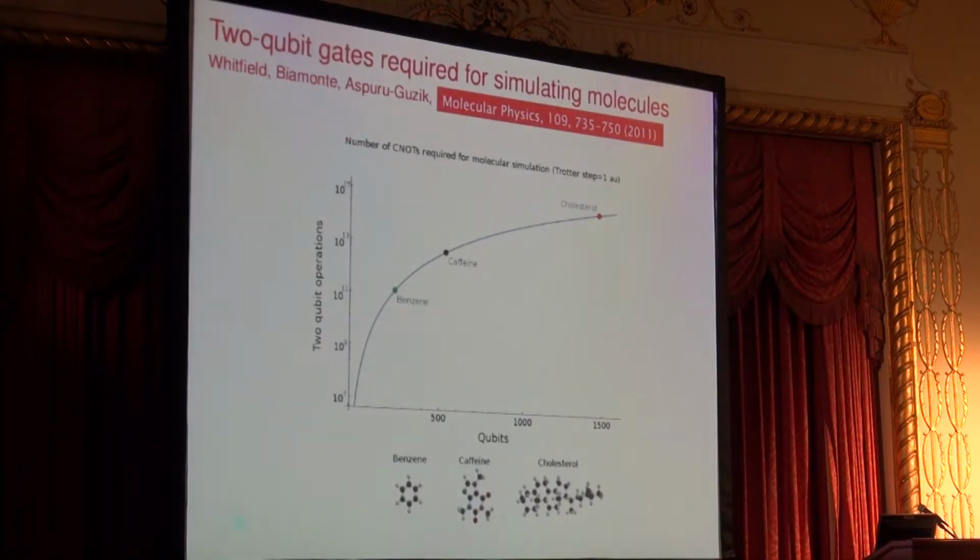Even back then in 2011, we pointed out something that was pointed out recently by Microsoft in much more detail, and it is the idea that, of course, it really is prohibitive to do. Lithium hydride is fine, but if you actually go to cholesterol, again, this molecule very close to my heart, you have the problem that you have 10 to the 15 2-qubit operations, okay, and this is a single Trotter time step. So, around that time we got depressed and we started designing these 2 other methods I'll be telling you about, okay?